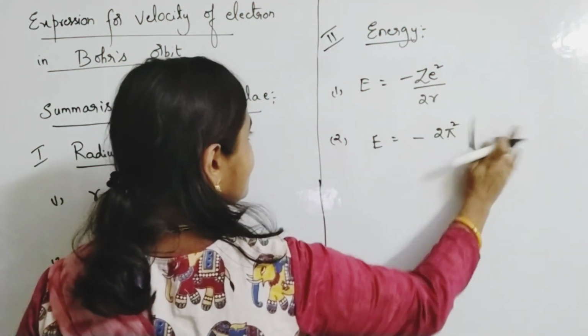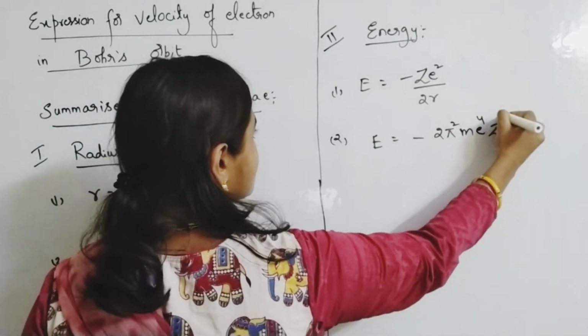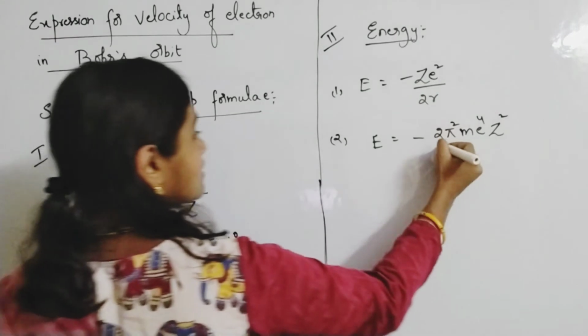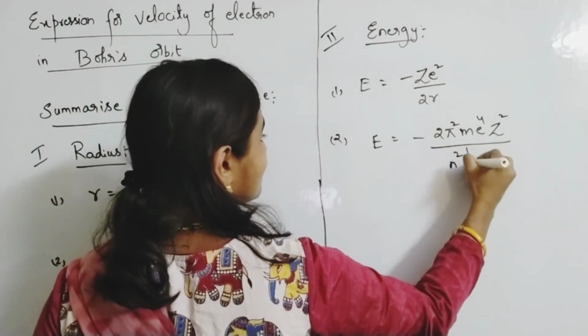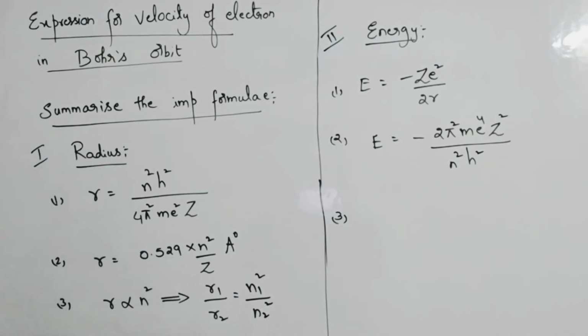2 pi square me power 4 Z square by n square h square. This is one formula for energy. Okay. So, and next one more formula is E is equal to